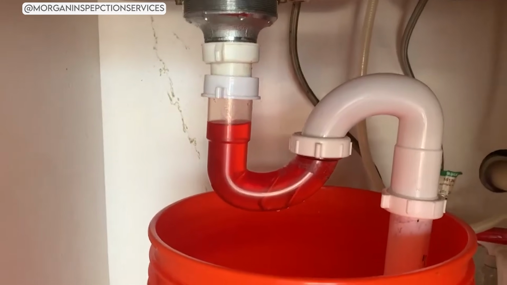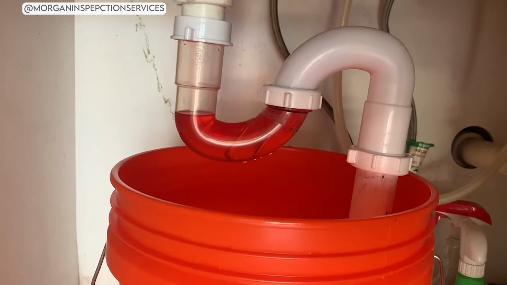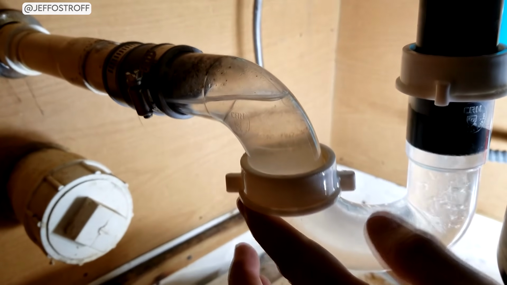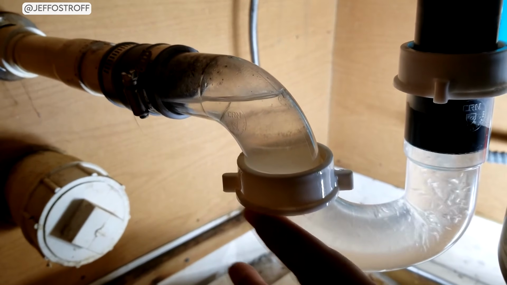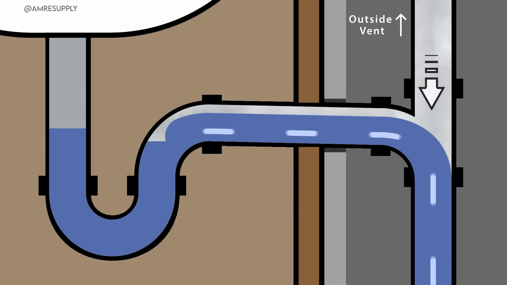The fourth thing on our list is the siphoning problem, and this is the big one. When you fill up a sink and then pull the drain, a large volume of water rushes down through the trap all at once. In a properly vented P-trap,